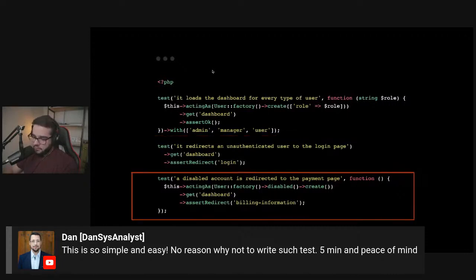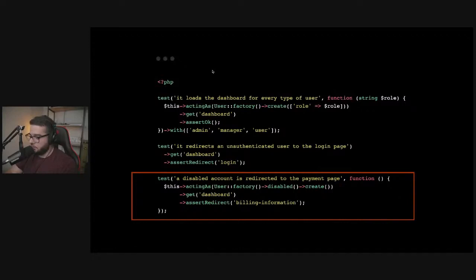The same goes for the last test. A disabled account is redirected to the payment page. Imagine you have your own payment implementation, and once the user is, I don't know, 3 days late and they haven't paid, their account gets disabled. You can write a super simple test to make sure that if they try to access the dashboard, they go into the billing information page. And you may think, okay, this is silly.